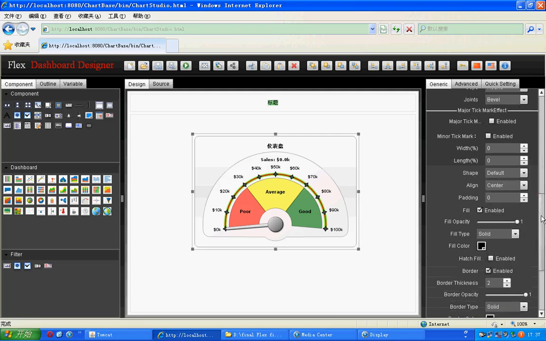You can enable it, and set the width, 10. Okay, let's continue to look at the gauge